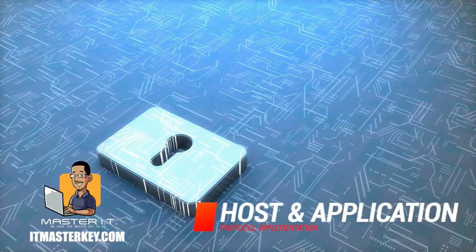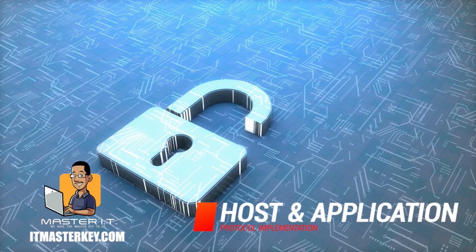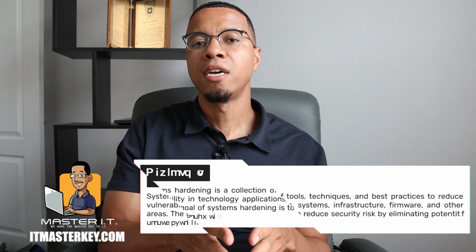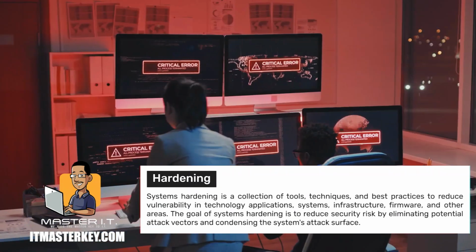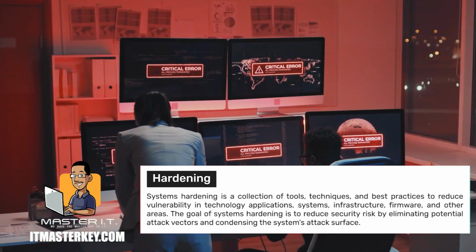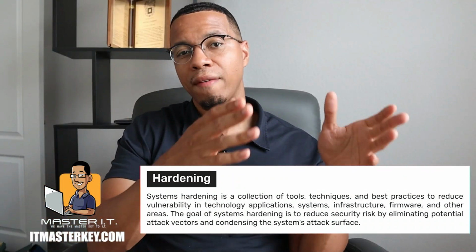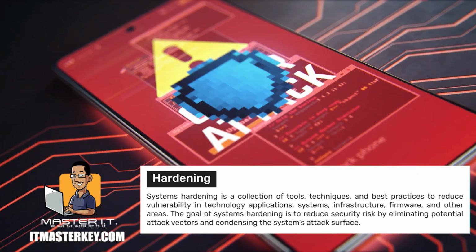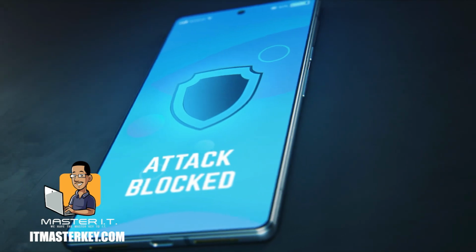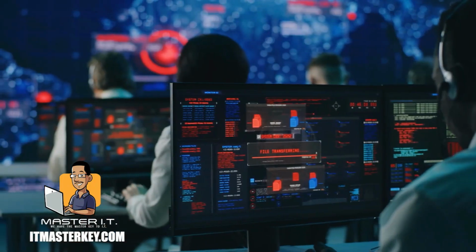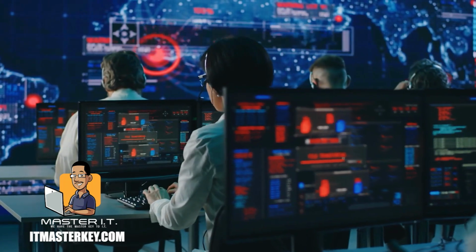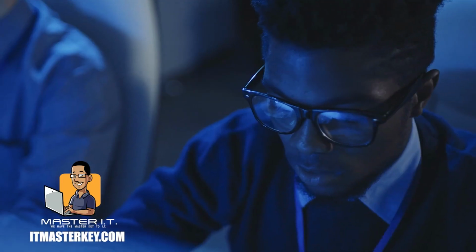Now, talking about implementation, you have to figure out how to implement things for the host and whatever the application that the host is going to be using, right? So you got to figure out security for the host and the actual application. Now, this is mostly going to be done through hardening, right? So basically trying to take away as many vulnerabilities, trying to make the application and the user as secure as possible. So having endpoint protection at the actual device, having security at the physical location, actually having security on the actual network, whether it's antivirus, whether it's firewalls, whether it's intrusion detection,